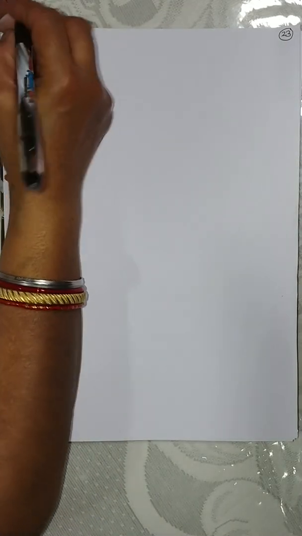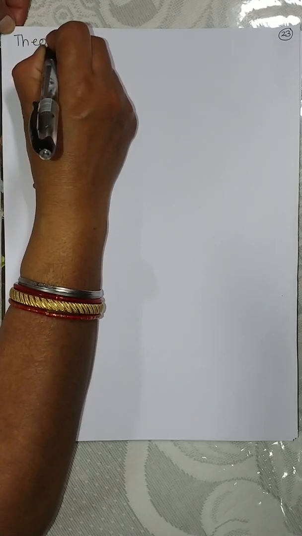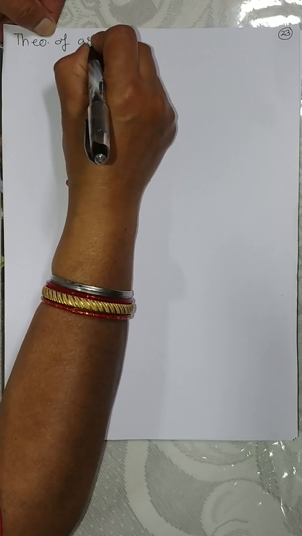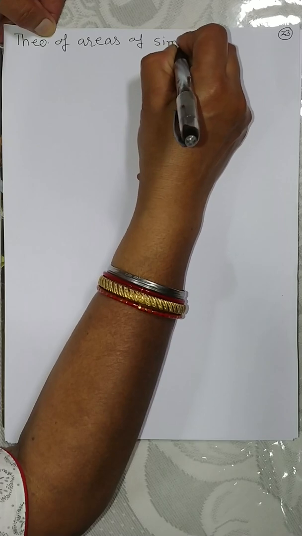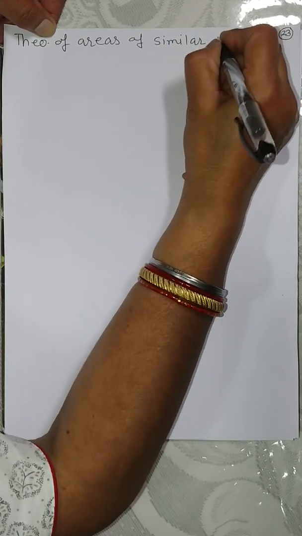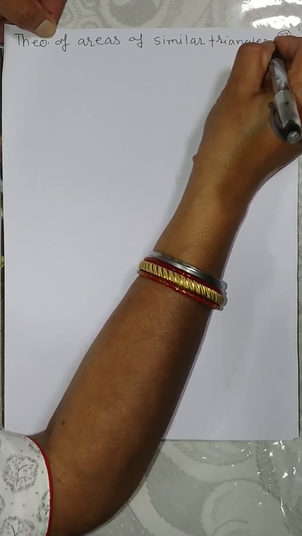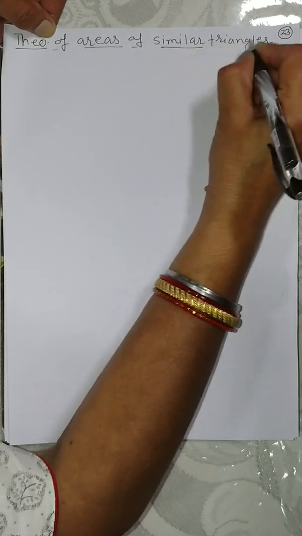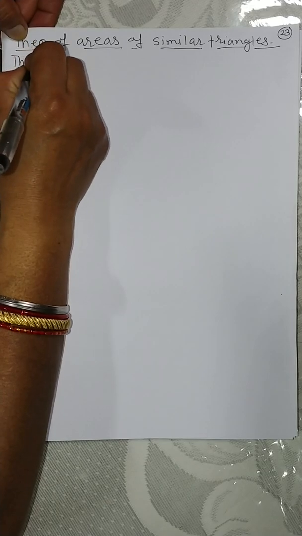Now we see the last theorem of the lesson, theorem of areas of similar triangles. Theorem of areas of similar triangles. Now the theorem is,